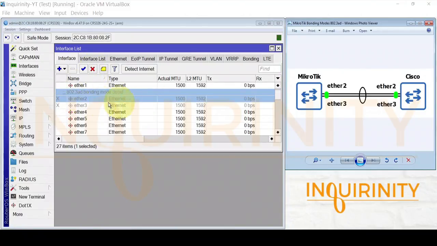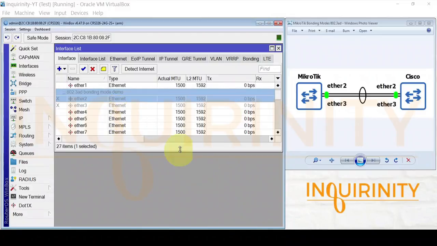So we will disable first because we will pre-configure or provide some configuration prior to connecting them to the Cisco switch. As you can remember, the 802.3AD standard mandates that the aggregates, for example, Ether 2 and Ether 3, will have the same speed and duplex settings. So it will be the same as well on Ether 2 and Ether 3 on our Cisco switch.